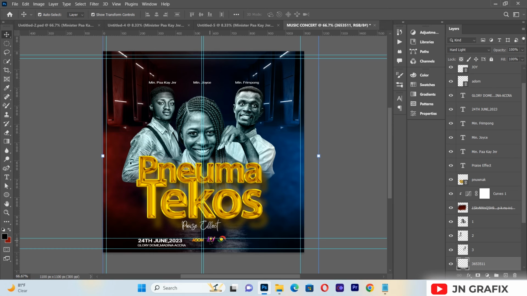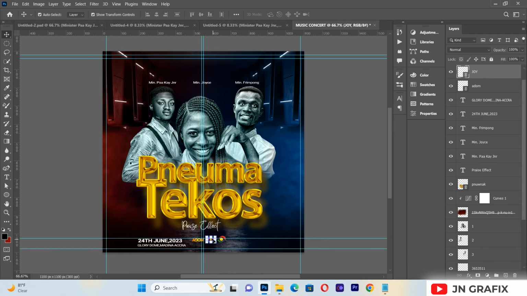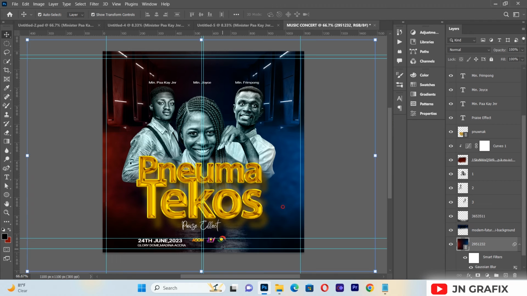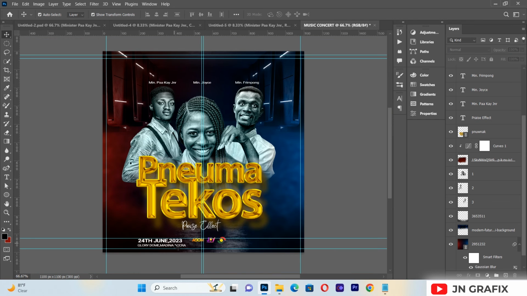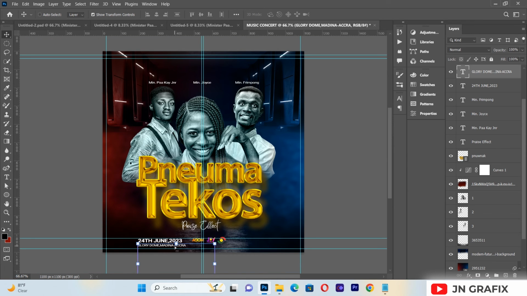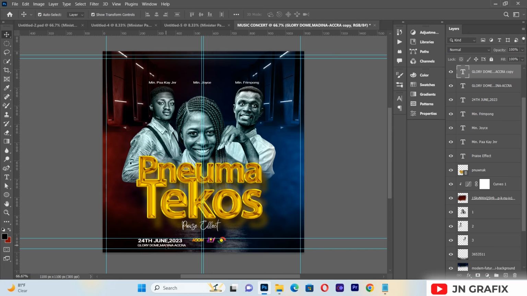So I can just pull this one a little bit downwards like this. Then I will pull this one a little bit downwards like this. So I can just Ctrl+J to duplicate the location and just pull it down here. Then I will pick my typing tool and select it, and this time I want to write something